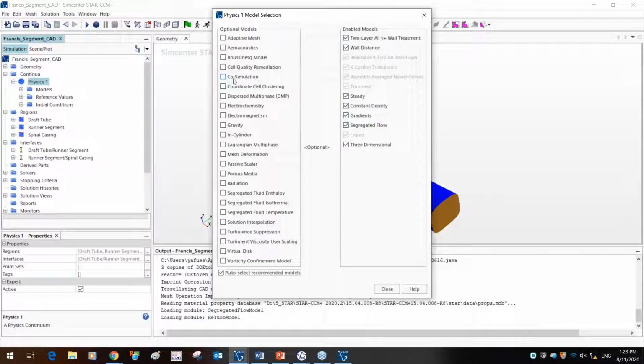Another key feature that I'd like to mention is the co-simulation model. So you can connect Star CCM Plus directly to other tools. Some of the tools that we can connect to is a 1D solver called AMESim. You can connect to Nastran, SimCenter Nastran to do fluid structure interactions, but you do have a structural solver within Star CCM Plus. So that's the selection model.